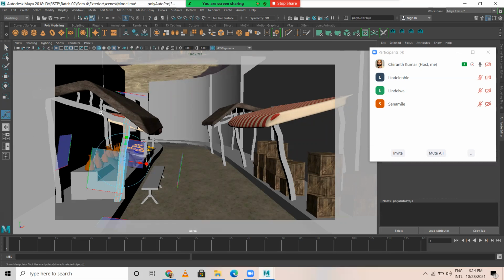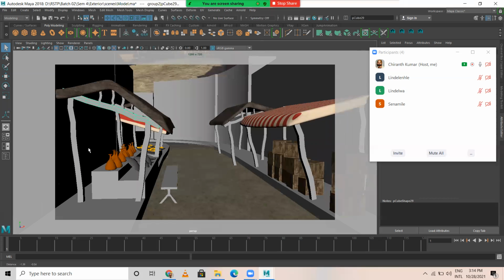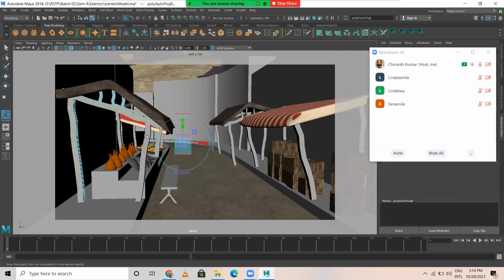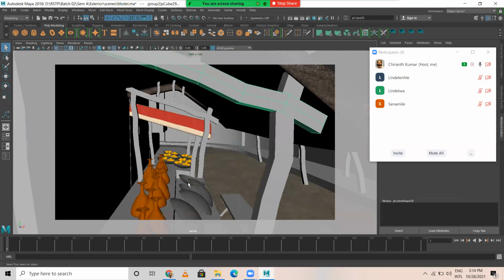Yeah, it's happening. Multiple objects, it should happen. I think I might have selected a surface model. So let's say,